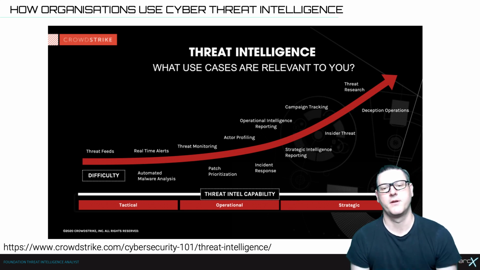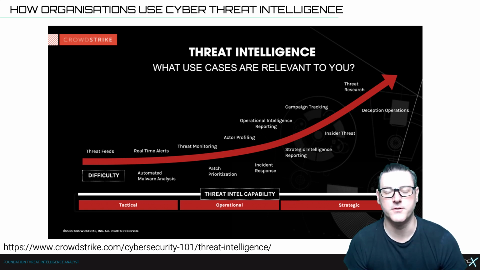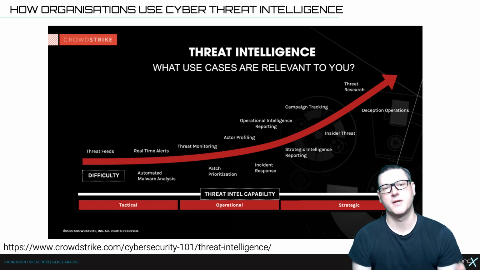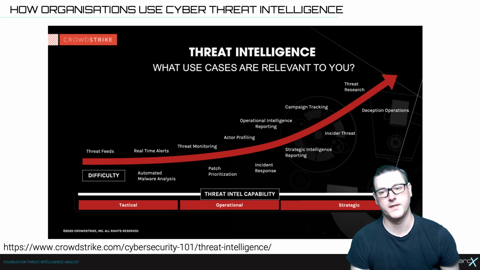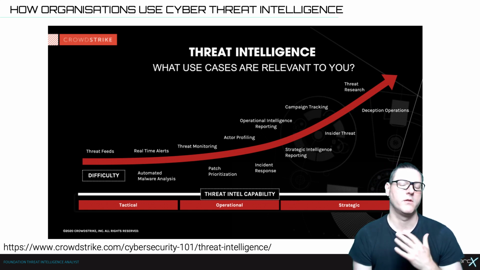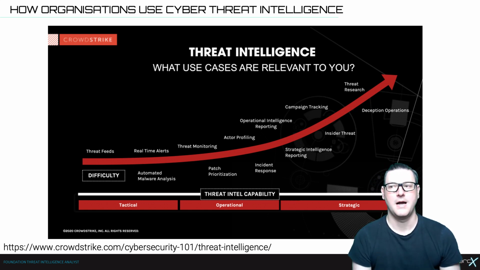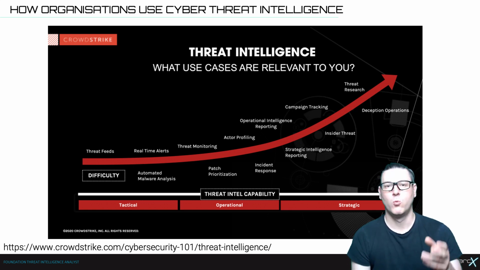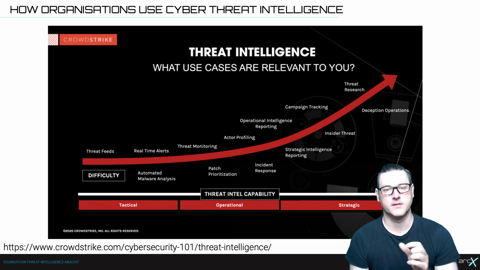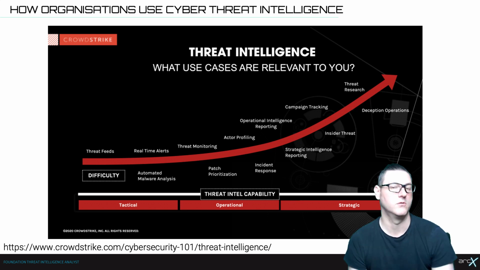So just take a moment and soak in what's being shown to you here. Cyber threat intelligence comes in many different forms. So it can be literally data threat feeds, or it can be large written reports, or it can be incident response and all those kinds of things. I would argue that all of these products are as actionable or as unactionable as each other. What is the decider of actionability is actually which part of the business they are allocated to, be it the tactical, operational, or strategic.